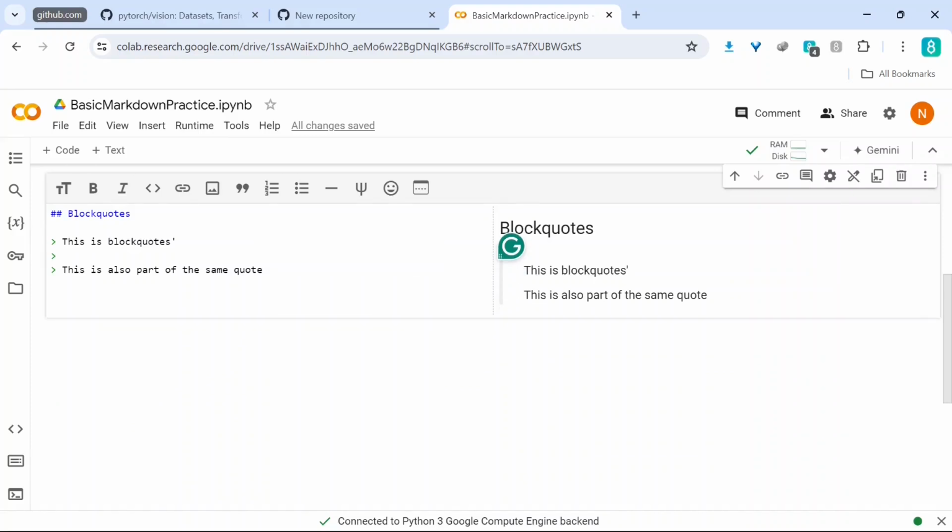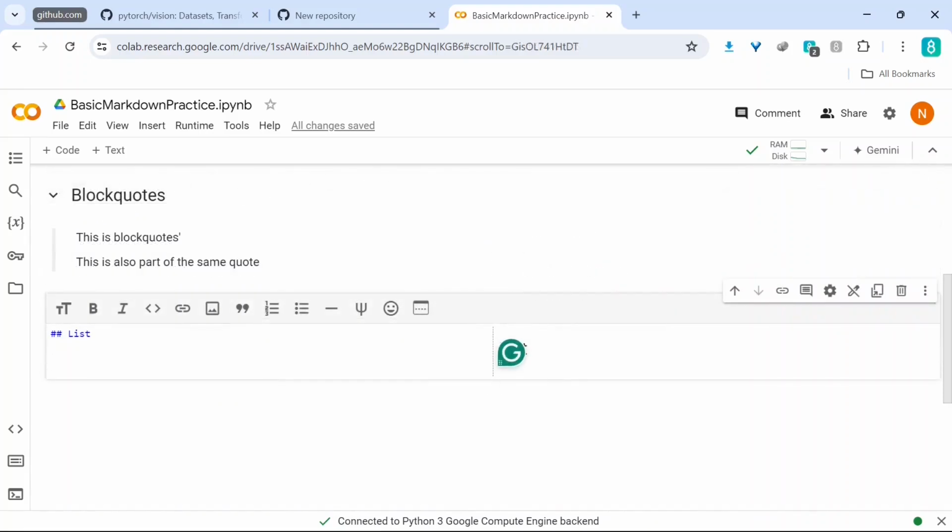Okay, next we will have a look at lists. So lists are great for presenting ordered or unordered information. The way we use list is using asterisk, pluses or hyphens for unordered list and numbers for ordered lists. So if we start with, let's say, an unordered list, we can start with asterisk,